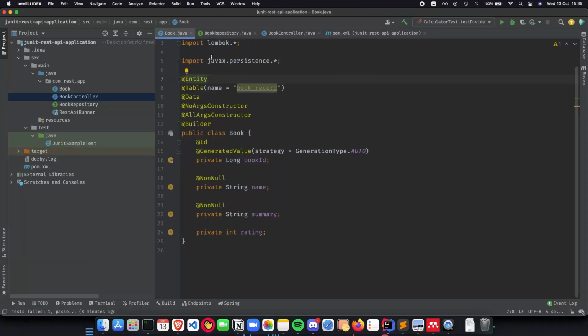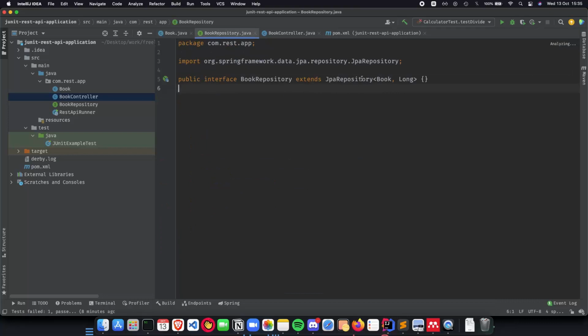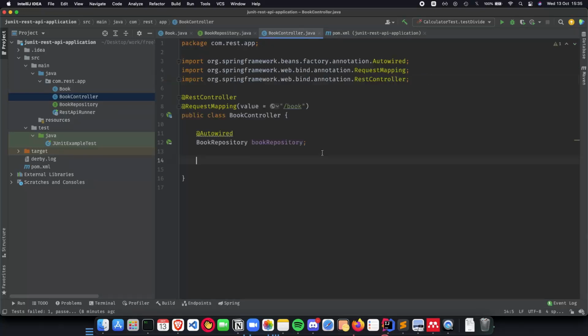We also created a book repository which extends the JPA repository and gives us out of the box methods to use on top of our book data. And we will be using the book repository inside our book controller class using the autowiring injection method, and then we can start creating our get, put, post, delete mappings and our endpoints, which can later help us writing unit tests.